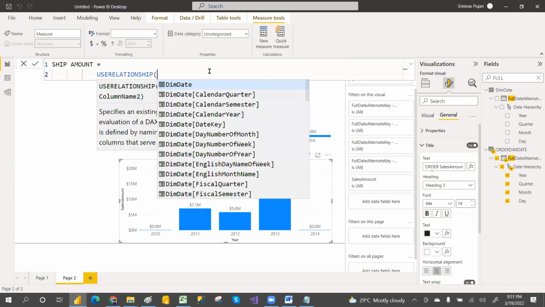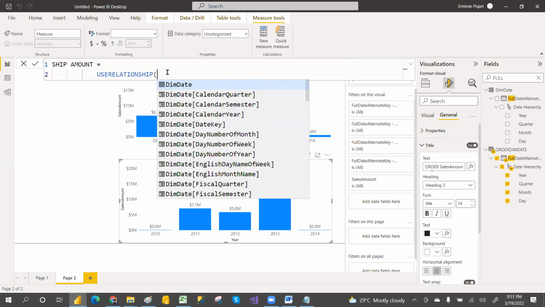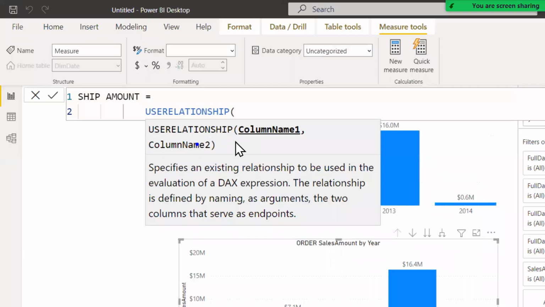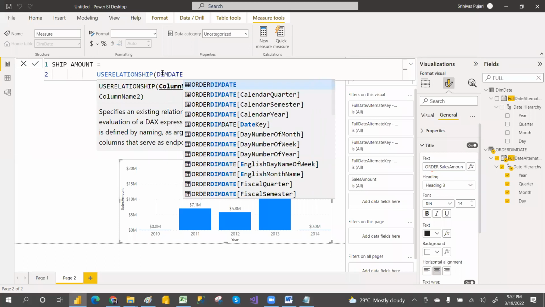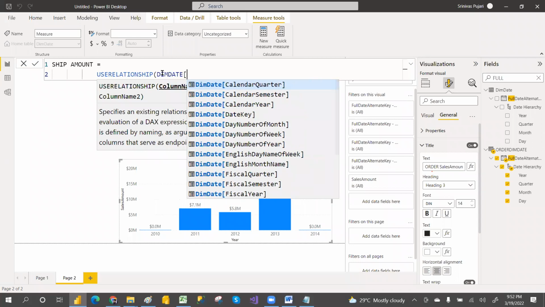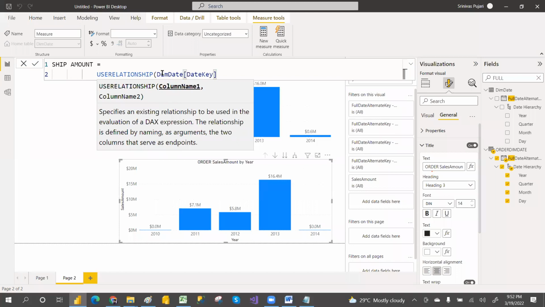See, this is the syntax. If you click here and open the bracket, this is the beauty of DAX: it automatically gives you the syntax, column 1 comma column 2. Provide column 1. What is column 1? Unmute yourself and tell me, guys. Dim date table, date key, comma